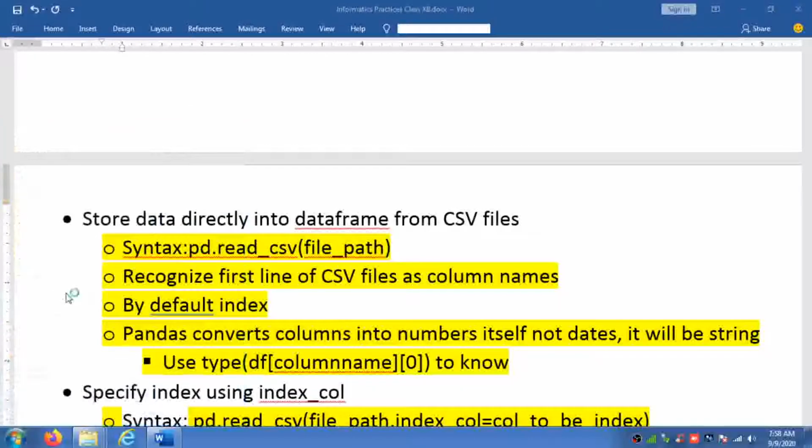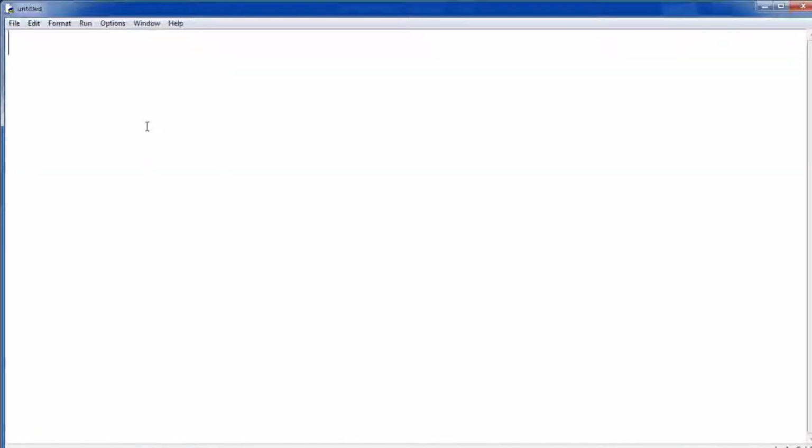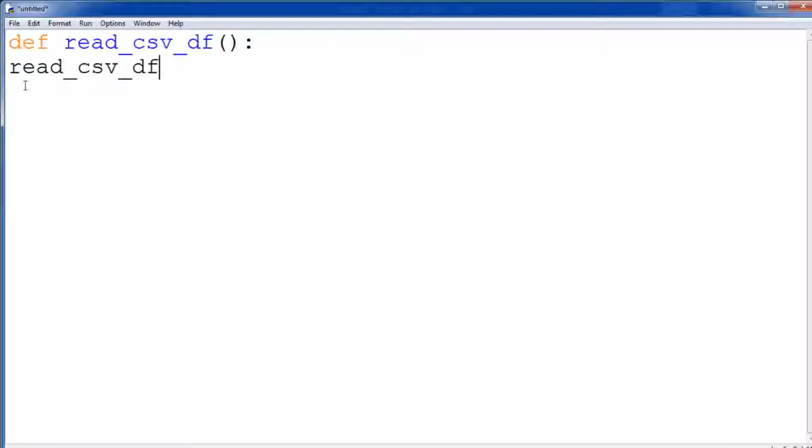Now here I will create a new file, with the function name read_csv_df. Now let me call it also, because in practice I follow that the syntactical part should be written first, then we can go for the statements.